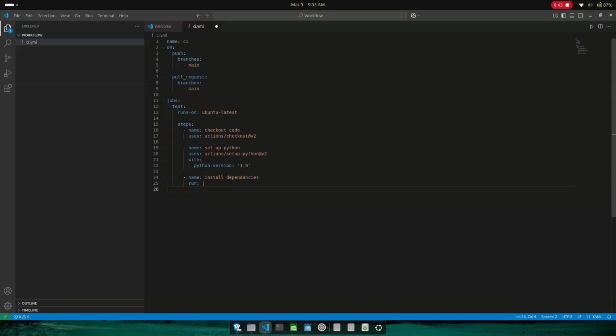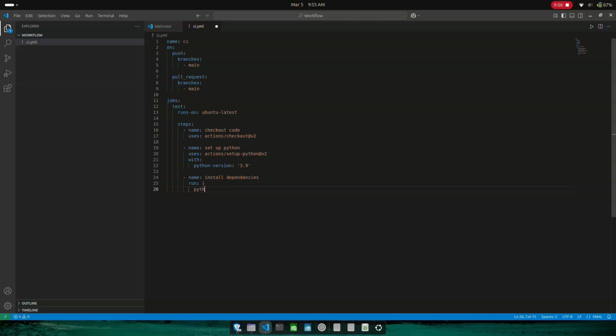Same goes for on, we are using next line to write push. But in case of name and uses, you can see we are just using a space after the colon and writing the next part on the same line. So you have to remember it. And in case of every next line, it's almost always a tab. There's always a tab whenever we are using a block, I mean.